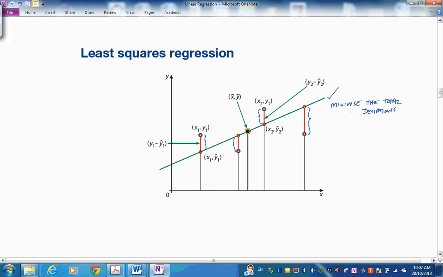Now you can see, can we just add them up, sum the deviations? No, because the sum of the deviations could be approximately 0. This one would balance out that one. That one would balance out that one. So how are we going to have a process which positions a line so we minimise the total deviations? Well, do you